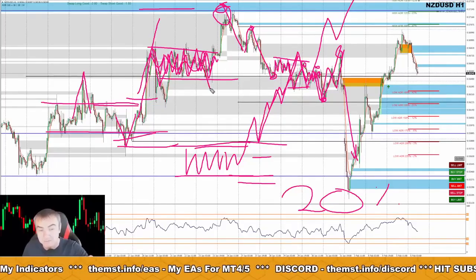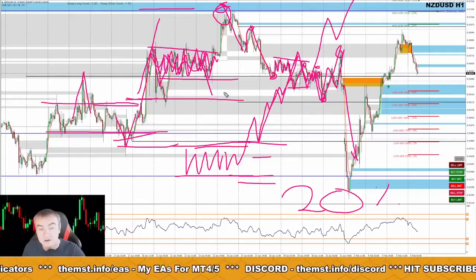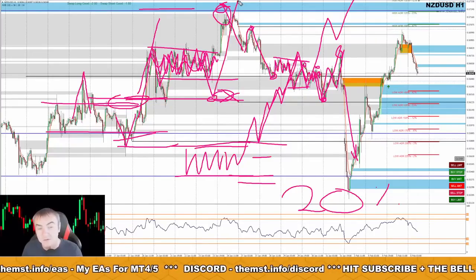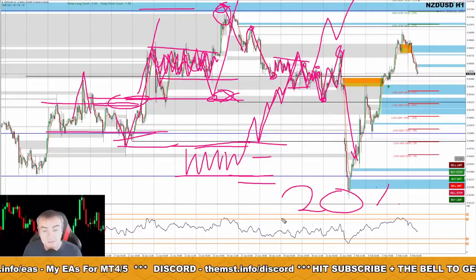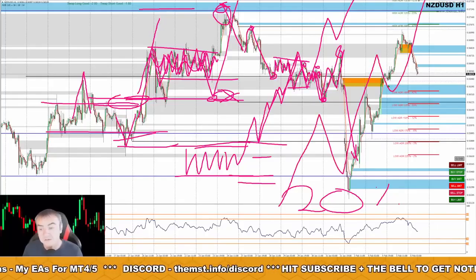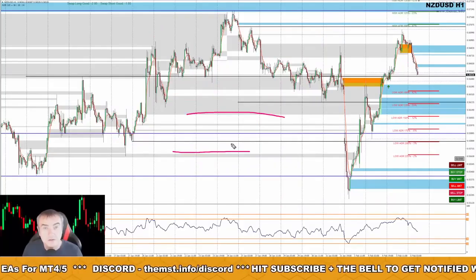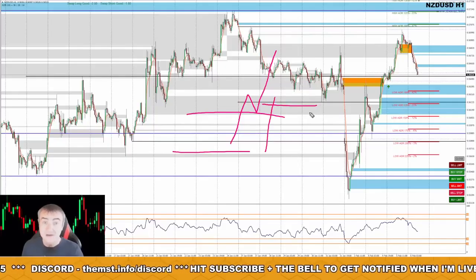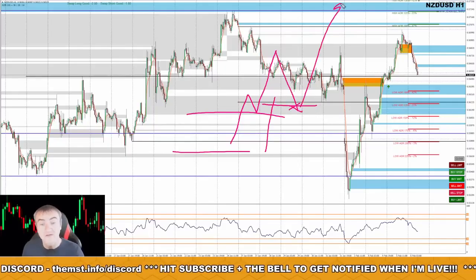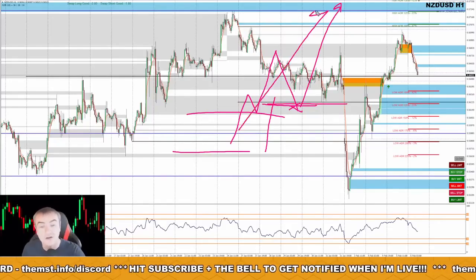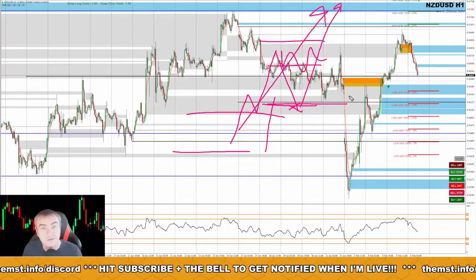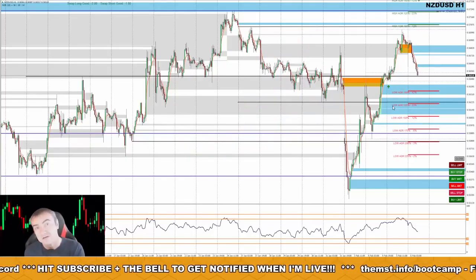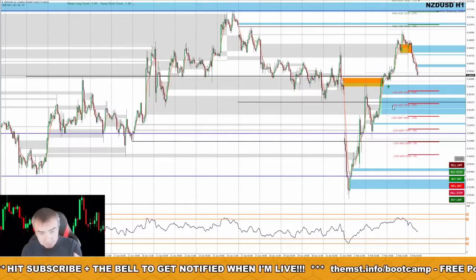And God forbid that area of balance then has a price discovery to the downside. What happens? You stop out at break even. What is it doing? Retesting the previous price discovery point, which it broke out from. And that's where market structure comes from. Yeah, this is why everybody that does breakout trading loses, because they get a breakout that works, and then they go, hey, stop us to break even. It's a free trade. No, it's not. It's a losing trade, because you broke even on the trade that would have worked because you got scared by the previous balance. Yeah. So that's basically how the markets move, how banks and institutions execute orders, and how market